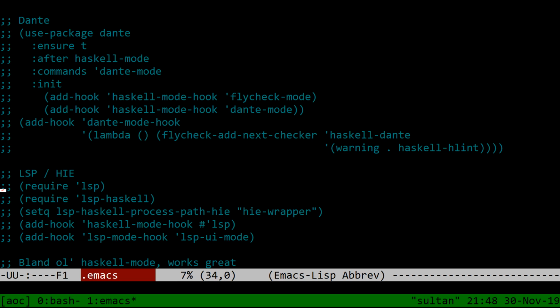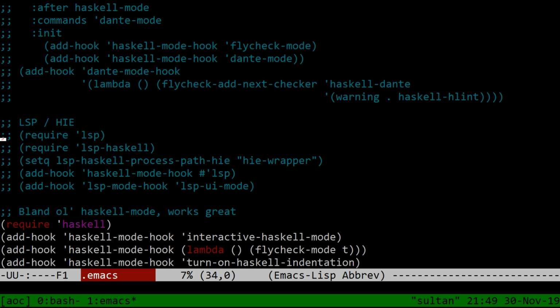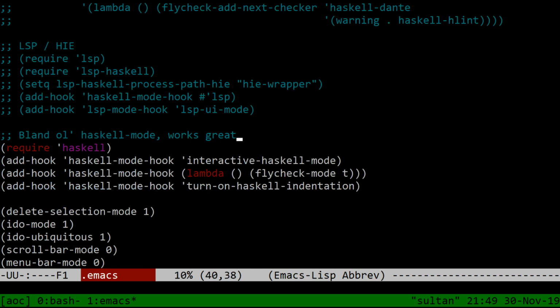And I tried this, and I got somewhere. I could load files, and it would present me little pop-ups about things I could do, but I couldn't get the colors right. It was kind of designed to work in a full color windowed mode and not in an 8 color terminal mode. And it wanted me to click on things with the mouse, and I couldn't figure out how to do it with the keyboard. So I was like, forget LSP. And it turns out that Haskell mode, the thing that's been around for years and years, works totally fine.